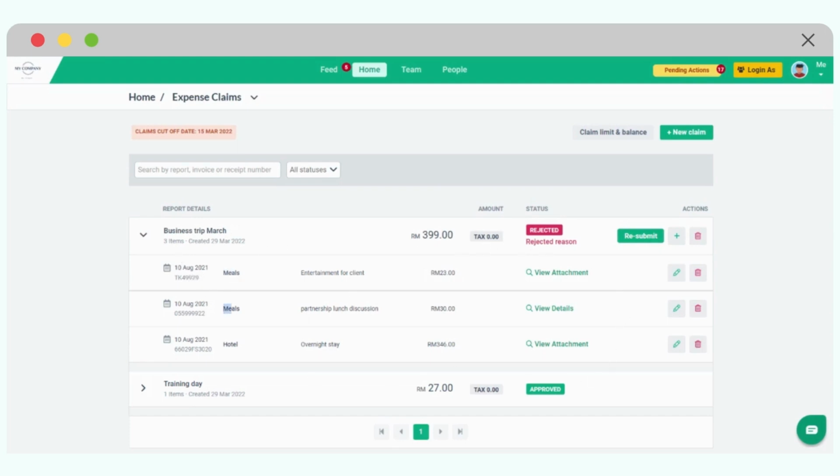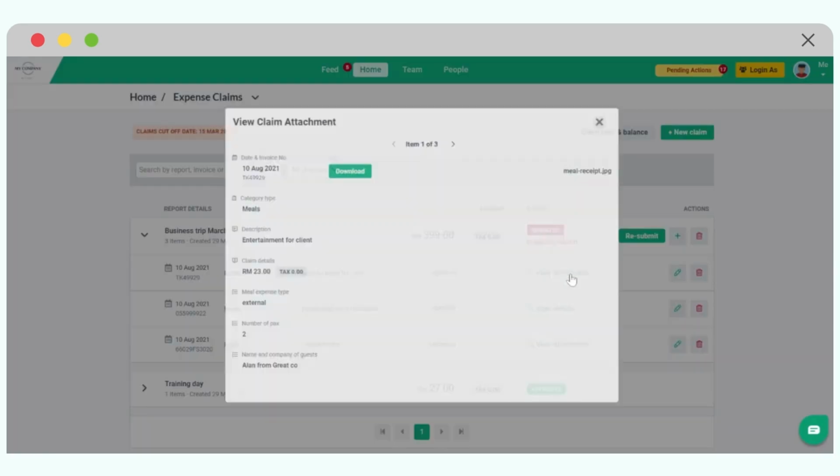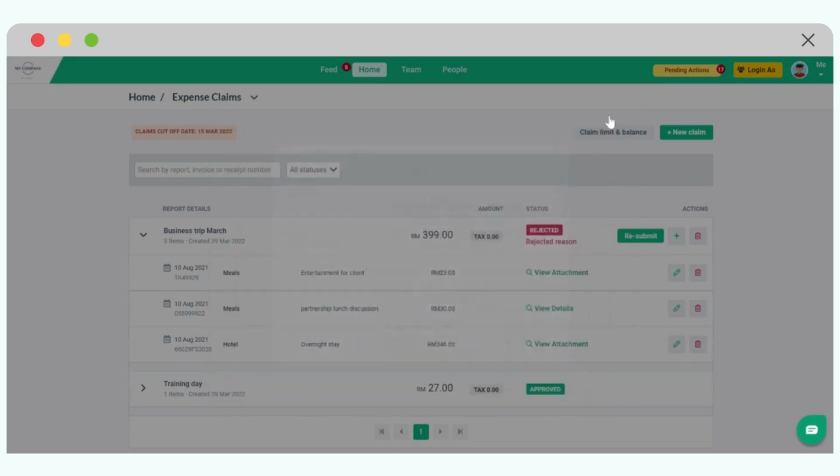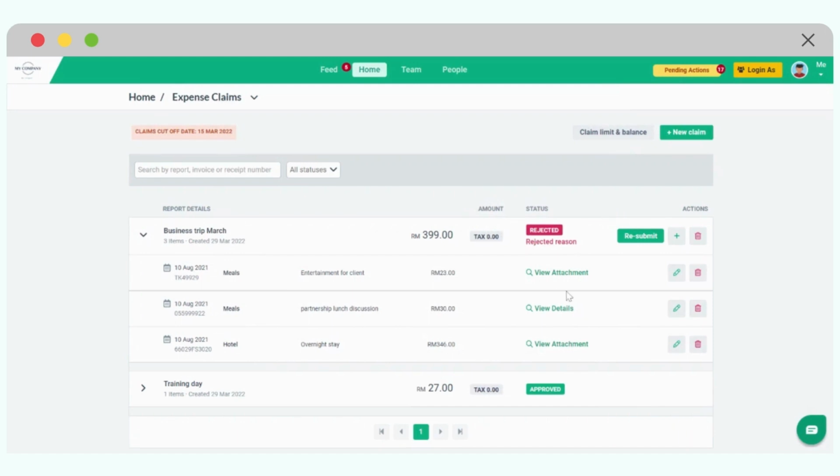I see the details of the expenses, the date of the expense, the receipt number, the description, the individual amounts, and I can directly see not only the receipt, but also all the information that I filled in myself before I submitted the claim.